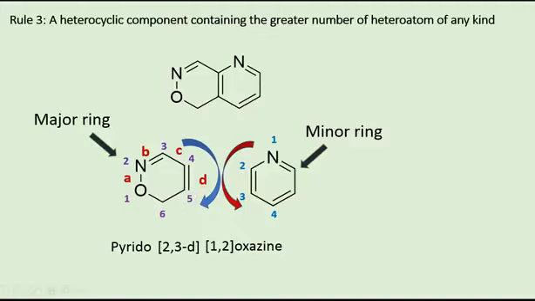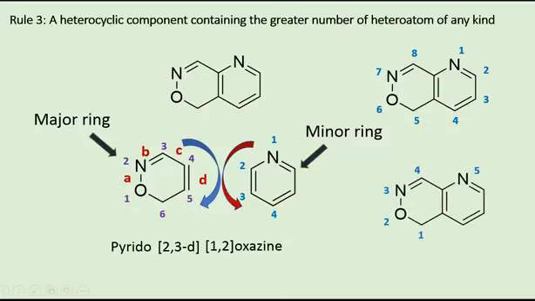Okay, and here also again we have a hydrogen somewhere. So how to locate it? If you take this ring, one way of giving numbering is 1, 2, 3, 4, 5. Okay, so these are the two ways I am representing here. You can also go from this position and go all over this ring, or you can start from here and go all over this ring again and again. So in either way